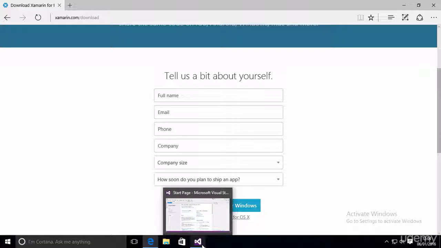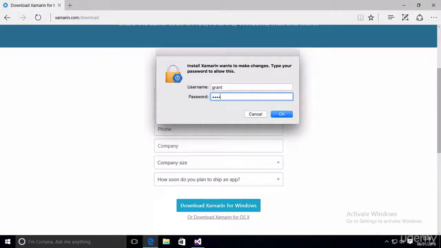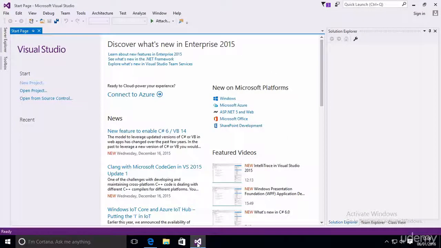Now, when you install Xamarin on a PC, you have two options. One, you can run Xamarin inside Visual Studio, or two, you can run Xamarin's own studio program. In reality, neither one makes much difference. You have all the functionality in all of them, but a lot of people, myself included, prefer the Visual Studio